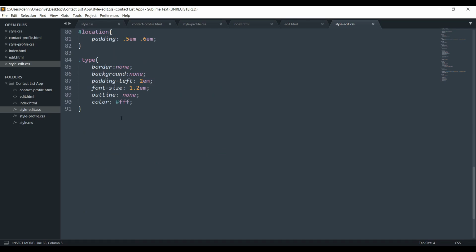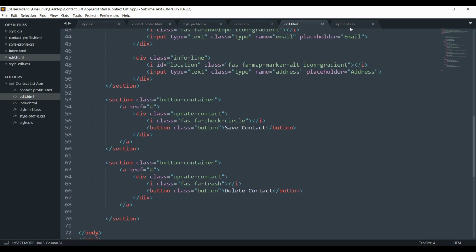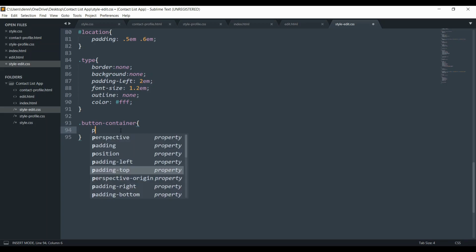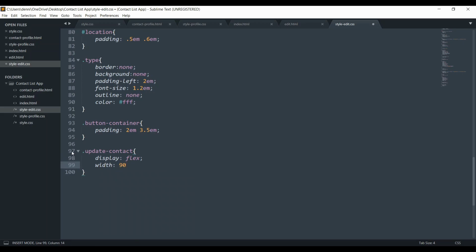So let's move on to the button container. We're going to do button dash container. In the HTML, we named both of them button container, so it will affect both of them right away. So we're going to give it space by giving it a padding of 2em and 3.5em. Oops, I don't know why I keep doing comma. 3.5em. Save that. Next, we're doing update contact, and we're going to say display flex, width 90%,